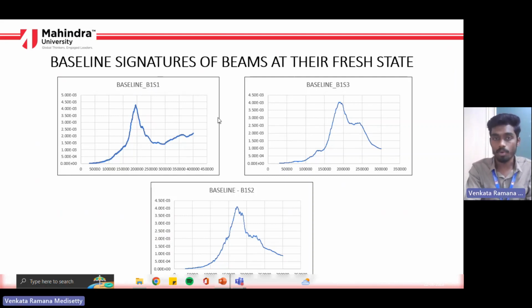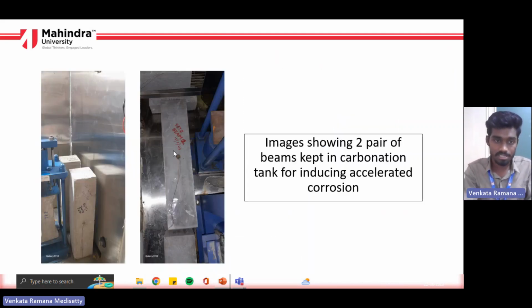I have bonded the sensor to only 3 beams, which means 1 beam in each set. The other 3 beams are not provided with the sensor, to perform a comparative analysis to bring out both the fracture energy from the beams which have the bonded sensor, and mouth opening of crack from the beams which have not. And these are the images. You can see the other 2 sets which are kept in the carbonation tank for